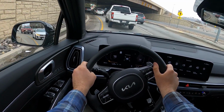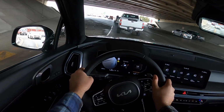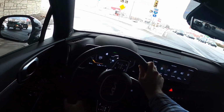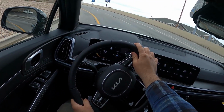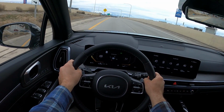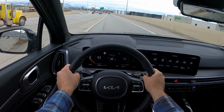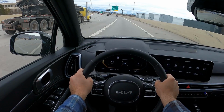Let's get another entry onto the interstate, and then we'll sum things up here with this new Sorento. I really like that turn signal camera. It's a nice feature. Yeah, and the torque with this engine's really solid. This is great from a power perspective. So, summing things up with the new Sorento,